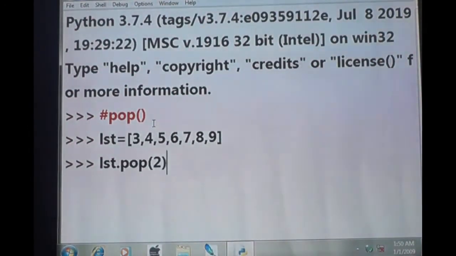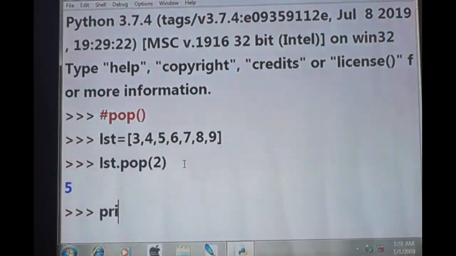Usually the pop function deletes the last element, but if I give pop of 2, it will delete the second index element. Second index is, 0th index, first index, second index. So the 5 will disappear. So 5 will be deleted.